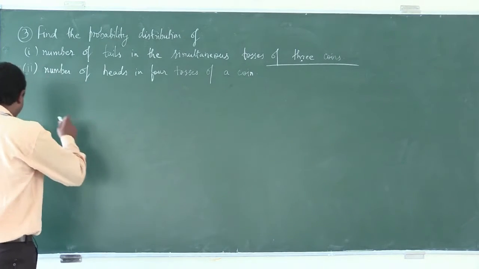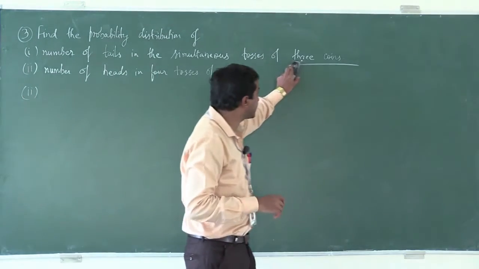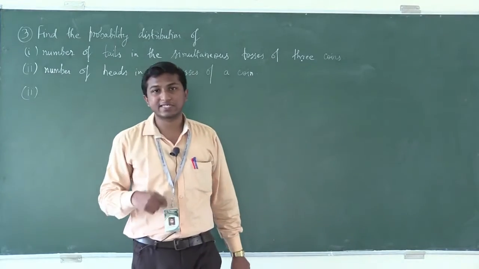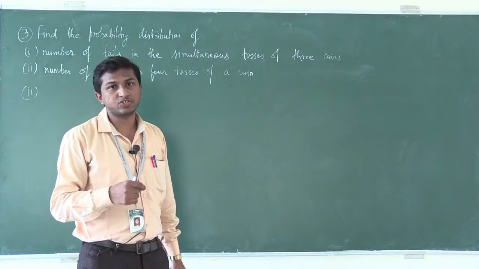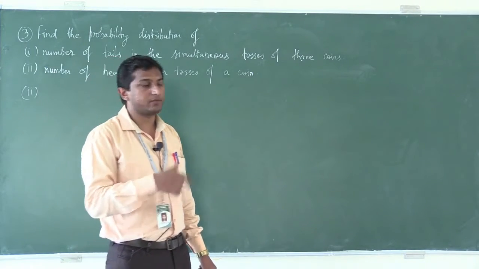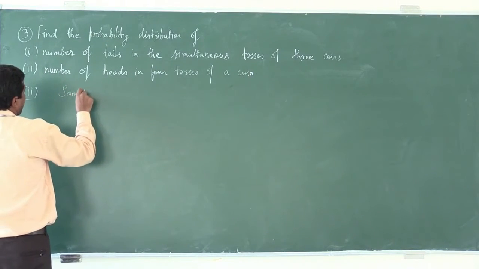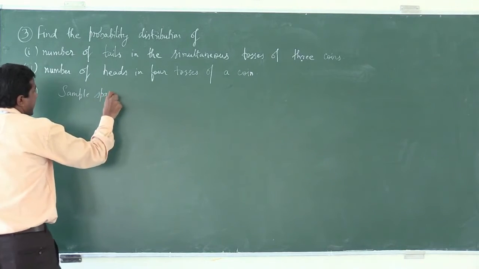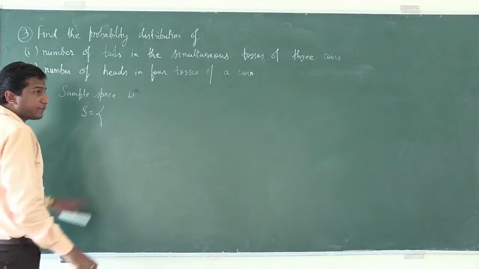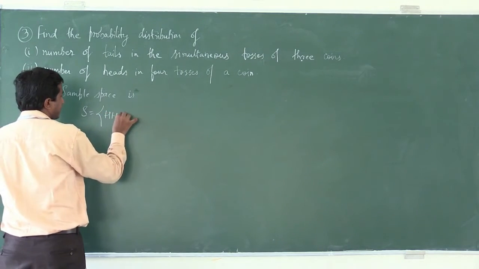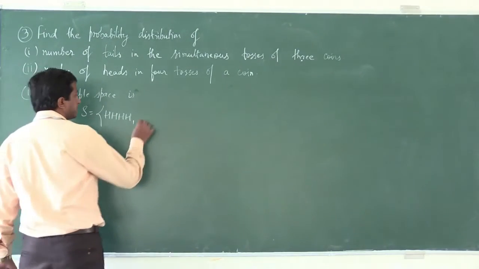So how many elements are there in the sample space? Totally, if we toss 4 coins, we have a total of 16 elements in the sample space. If I denote heads by capital H and tails by capital T, then we start writing the sample space. The sample space S equals, I start from H, and we start writing the remaining 15 outcomes, which is the next